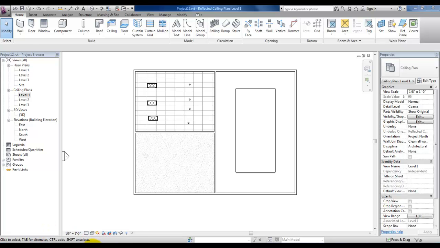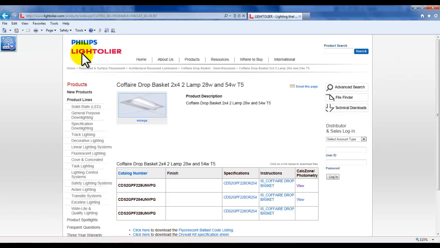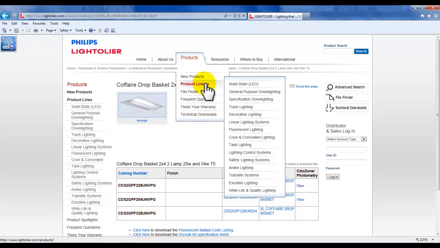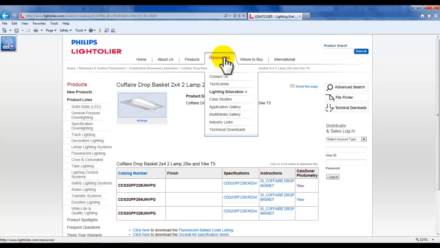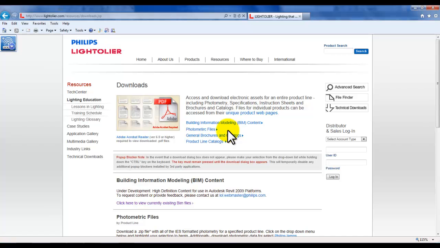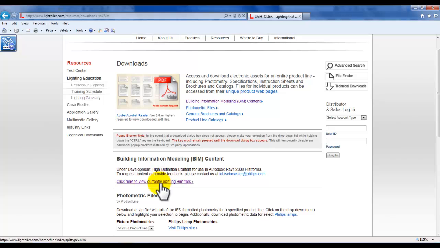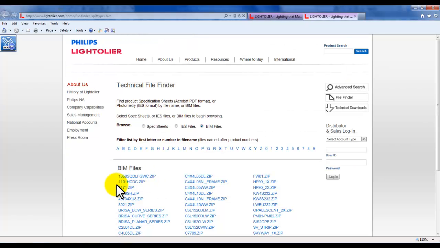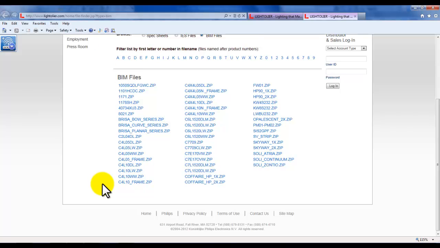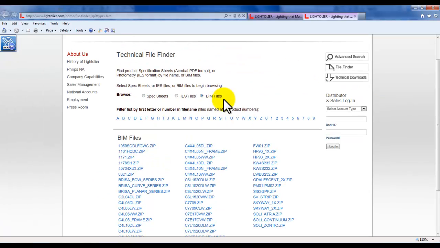Also, as an option, you can go to the Lightolier website, find the product that you want to use for your project under the product lines, and then as an option, go to Resources and Technical Downloads to find the BIM content and the current BIM list of zip files that you can use to bring in specific light fixtures into